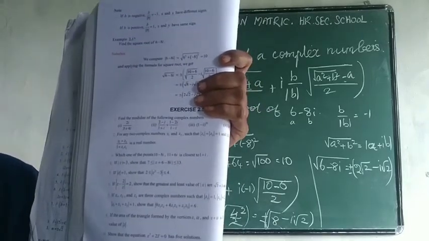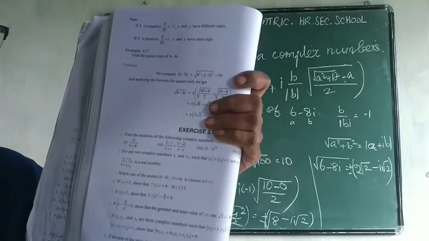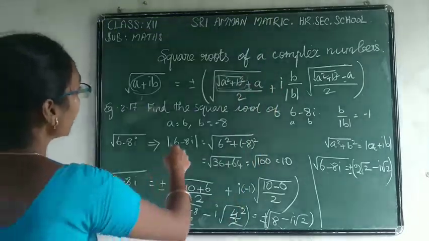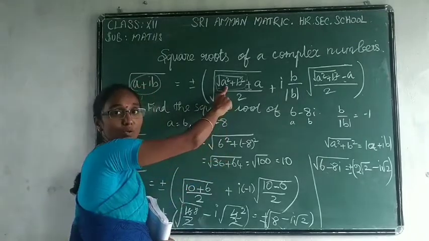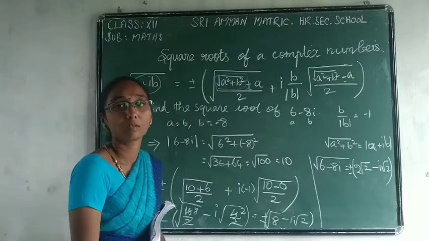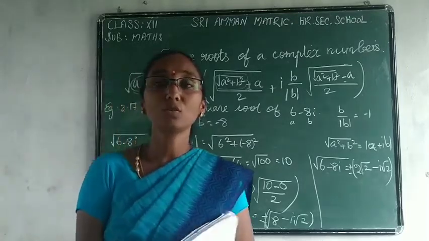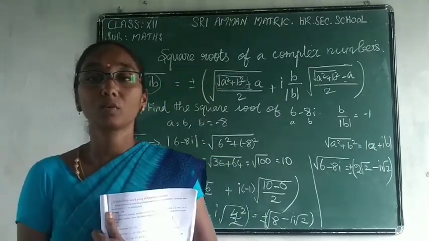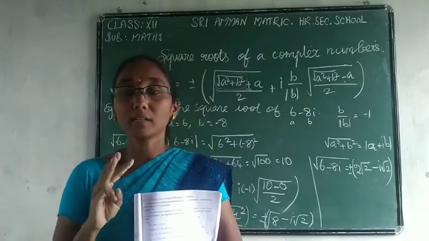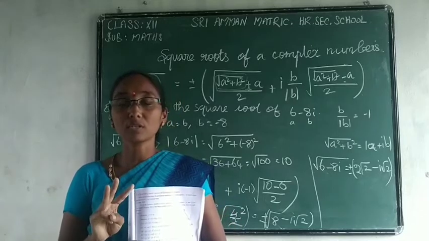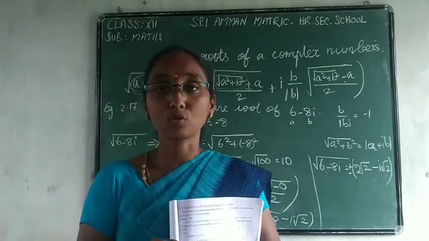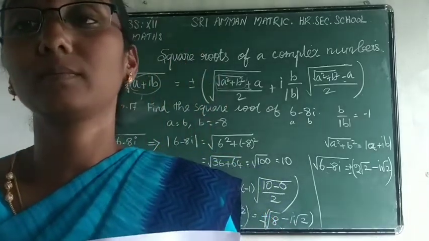First of all, you find the modulus of this value, and then the modulus value is substituted in the formula, the quotient root of a square plus b square. Okay. Afterwards, you do the sums. So the 10th question has 3 sums. So these 3 questions you do in your class note. Next question.